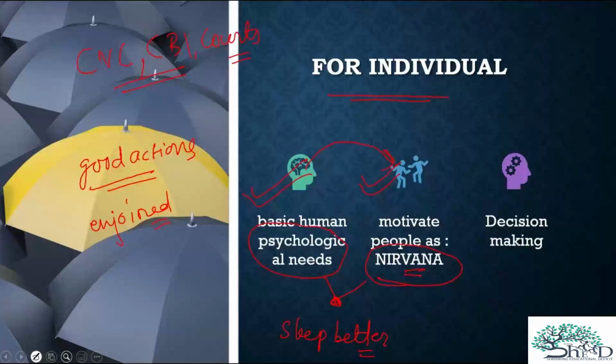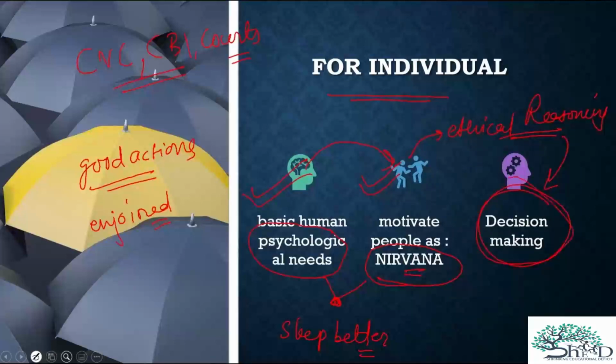Another thing is, if we are ethical, then we have better analysis of things. We have better plus and minus analysis, basically moral analysis, and we develop ethical reasoning. And you must understand that if you are happy, if you are at peace, you will think better. You must have experienced it yourself: when you are angry or sad, you tend not to take the best decisions, right? So you develop ethical reasoning, and all that helps in better decision making.